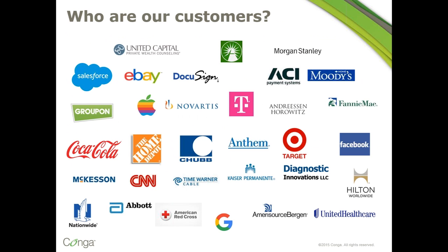Terrific. And my name is Chris Cook. I'm the Director of Business Development here at Conga. I've been fortunate enough to be with Conga from the early days, since 2007, when we had just been on the App Exchange about a year.